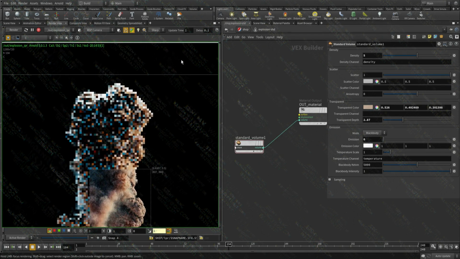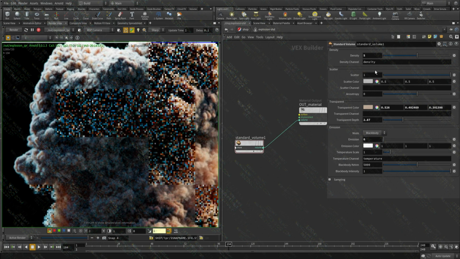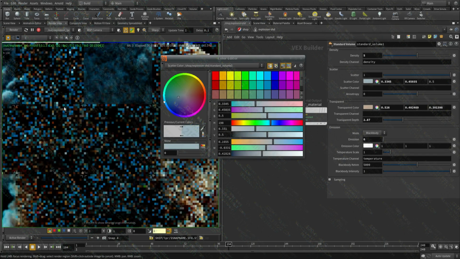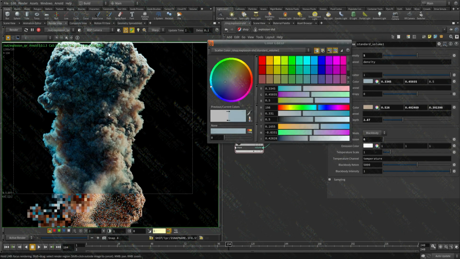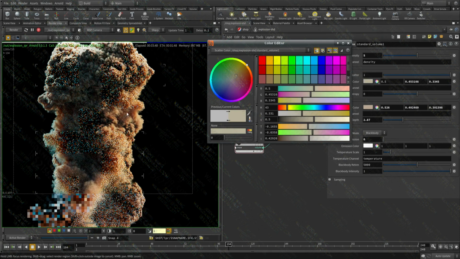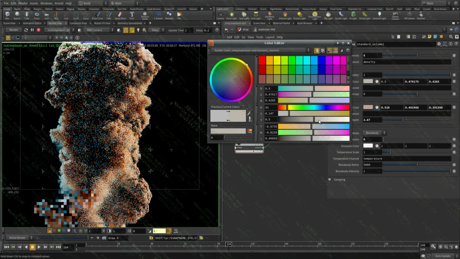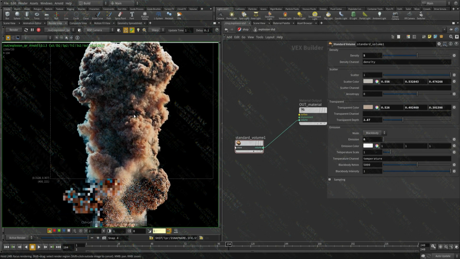And let's change the color of the actual scattering. I want to colorize the smoke, so let's give it a hint of blue and see how that affects the overall scene. It's too much, so let's set it to orange. Yeah, I think this blends in much better, and it helps with this light as well. But I think it's very saturated, so maybe just a tiny bit, something like that.